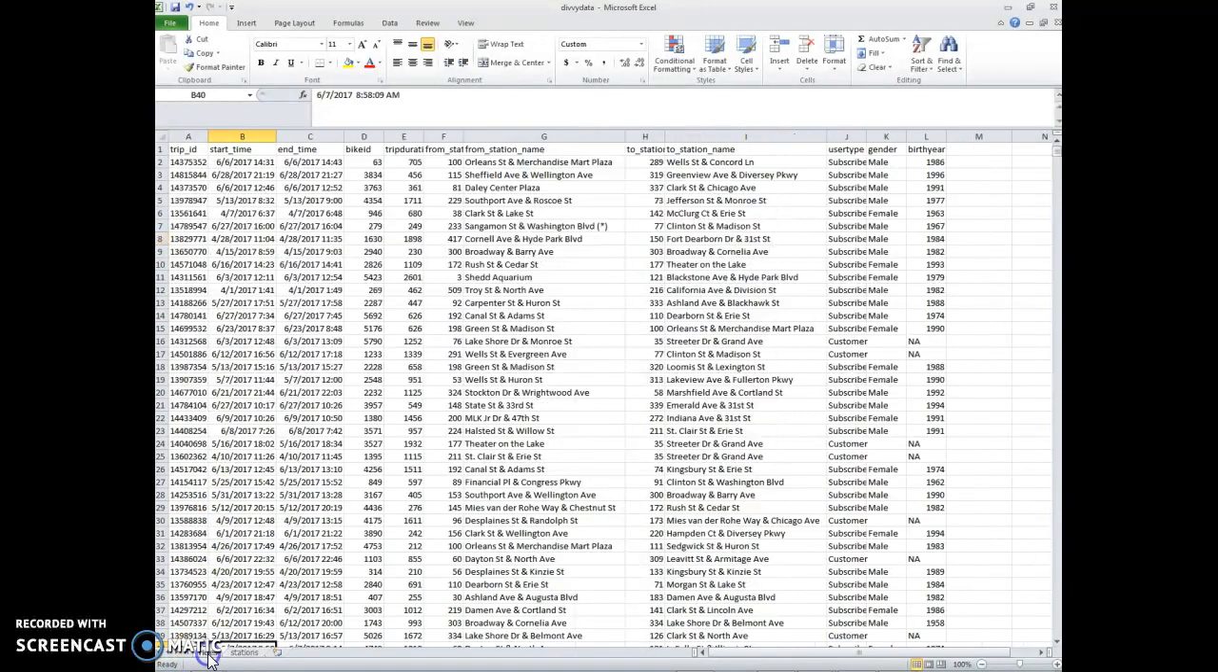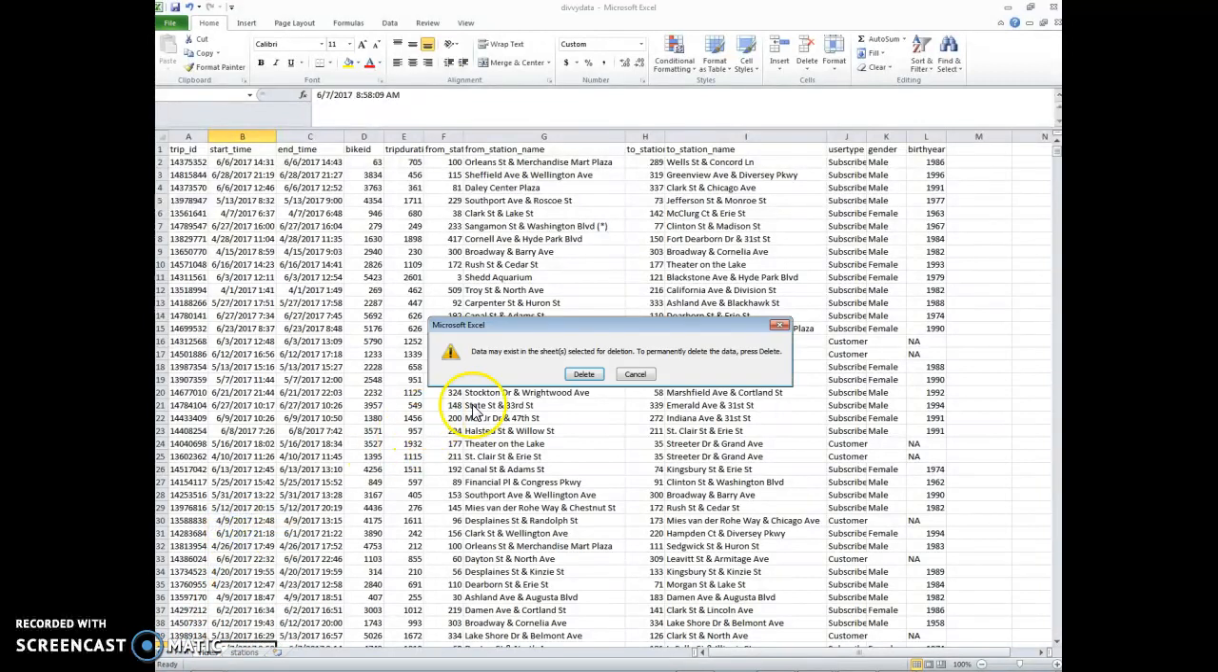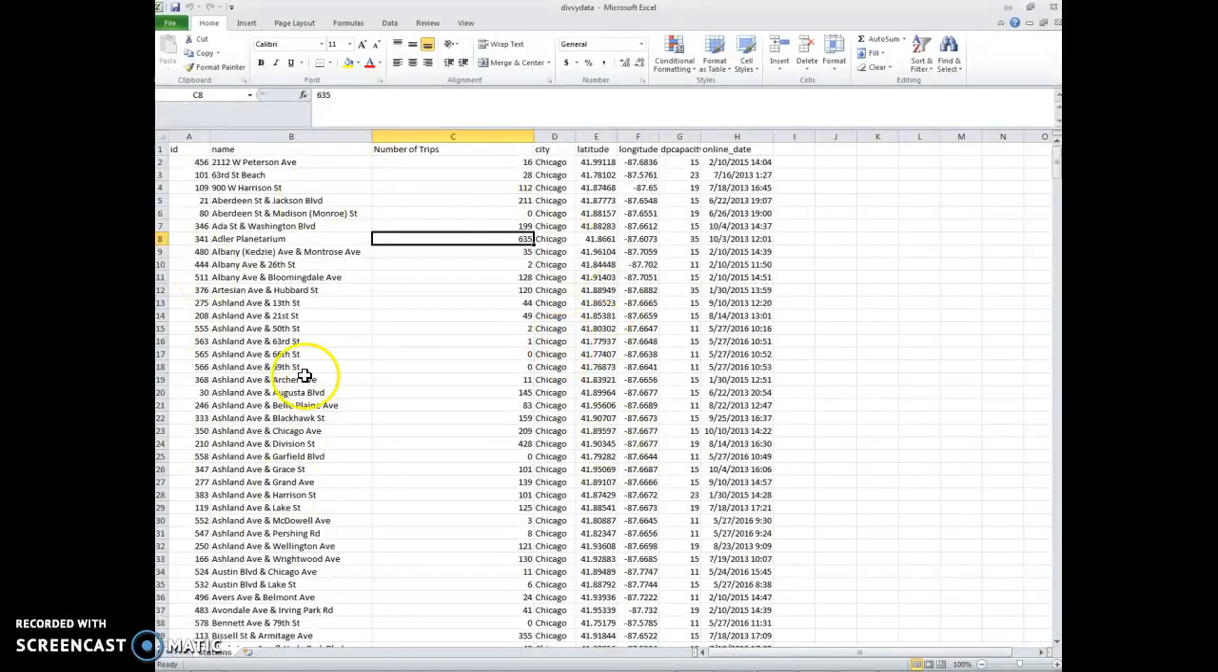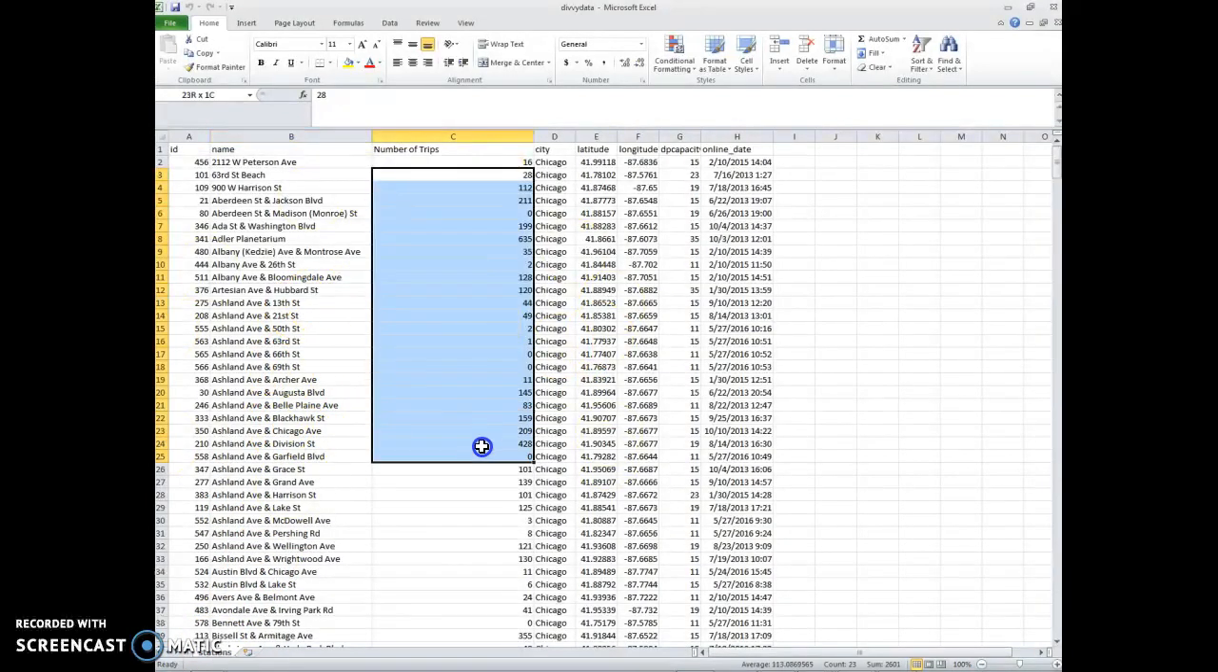So now I click this ride information. This is the big data. I don't want it anymore. Why don't I want it? Because Google, when I'm making a map, it doesn't like having two different tabs. So I go up here, right click it, hit delete. It says data might exist. Yeah, I don't want it. Hit delete. It's gone. Now my spreadsheet only has these